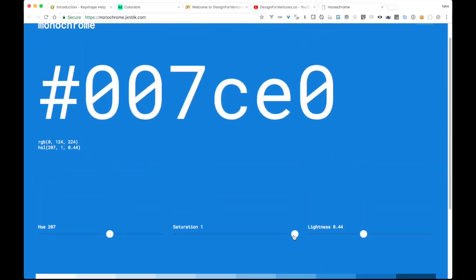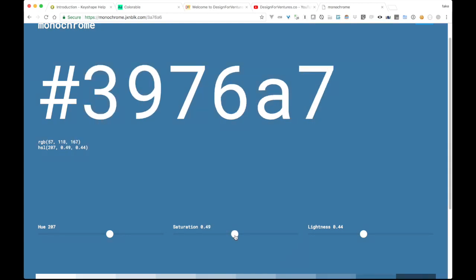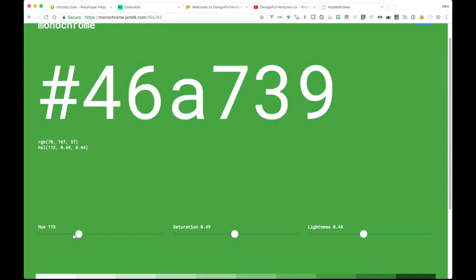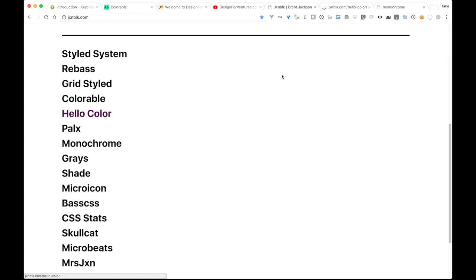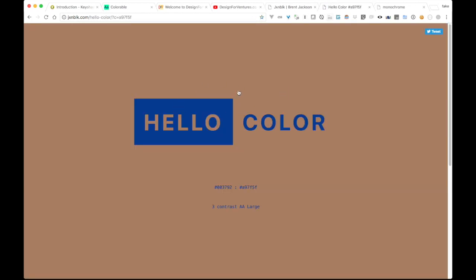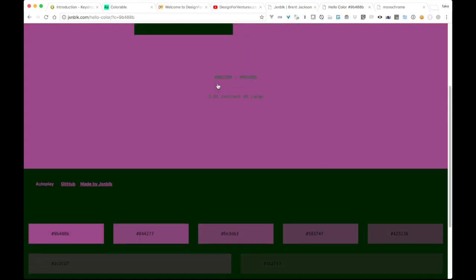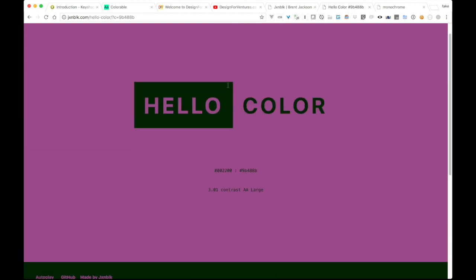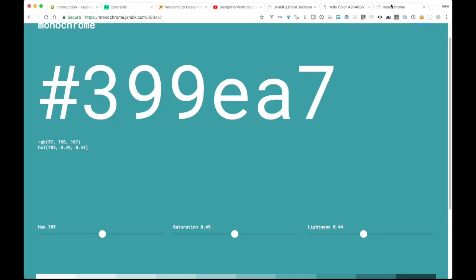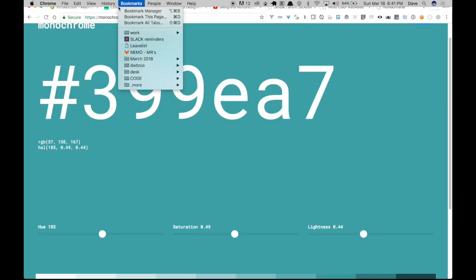There was one other tool, but I forget the name of it at this moment, but you can kind of find a cool blue or whatever color this way. But he's also done a great job with Colorable. Oh, no, the other one I want to show you is Hello Color, because that one's great. This one right here, he's already gone to the trouble of providing a good color contrast. So you just hit refresh or click, and it shows a different set of colors. And then here's all these other complementary colors. So I use these tools for color hex because Brent has already gone to the trouble of doing the legwork there. So this Colorable,